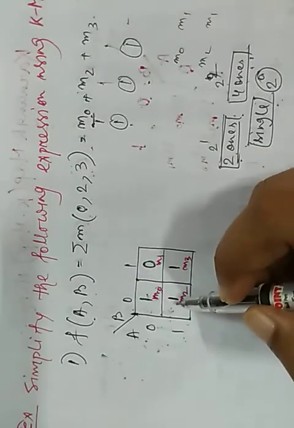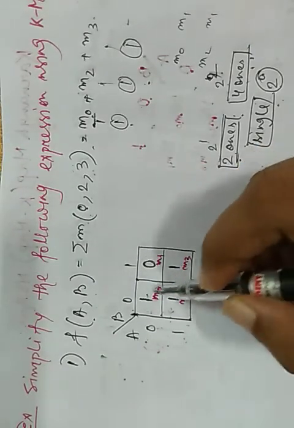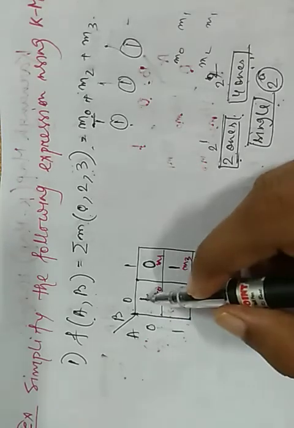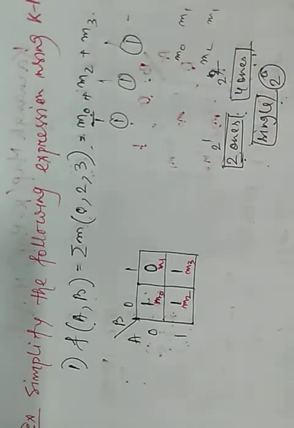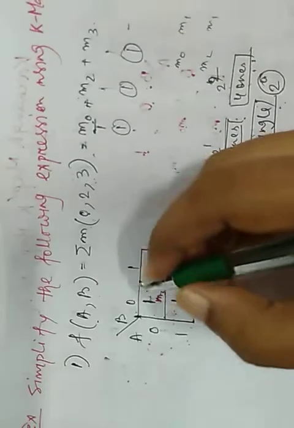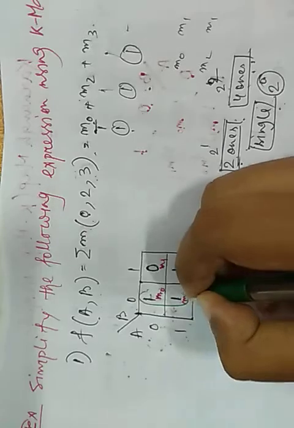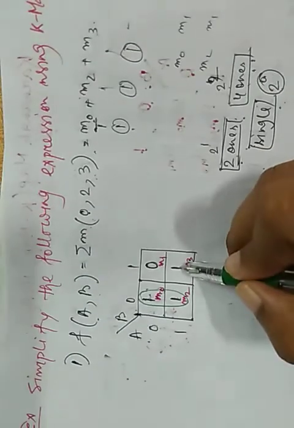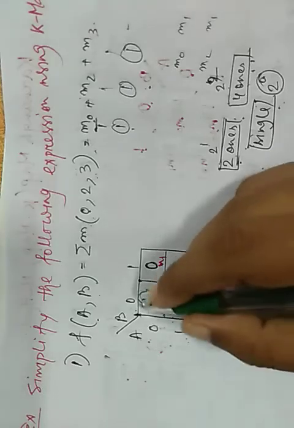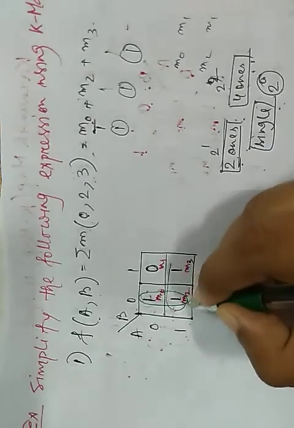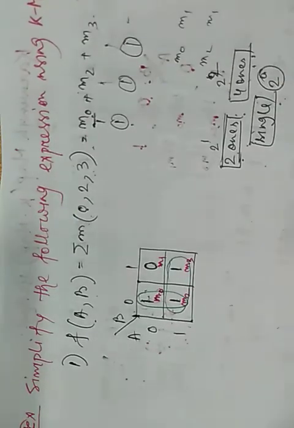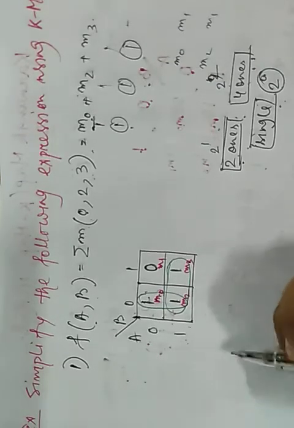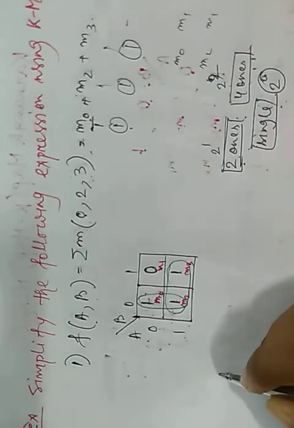So how can we combine? We can't combine diagonally. We have to combine either horizontally or vertically. So here we can combine these 1s into a pair. Here also a 1 is left, and we can't combine it diagonally, so we have to combine it horizontally. And we don't need to combine 0s. So now what should we do?